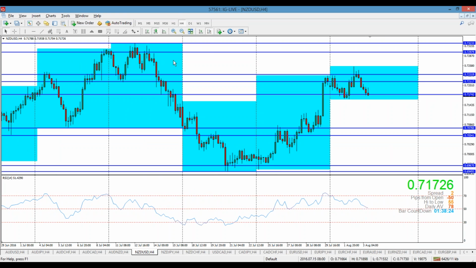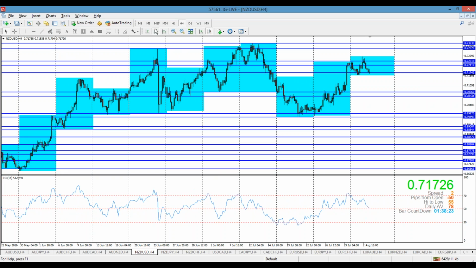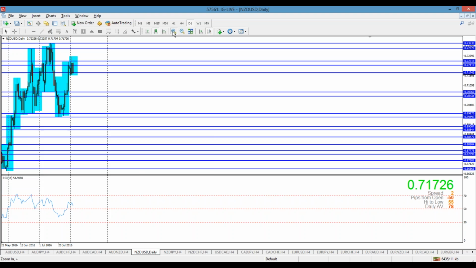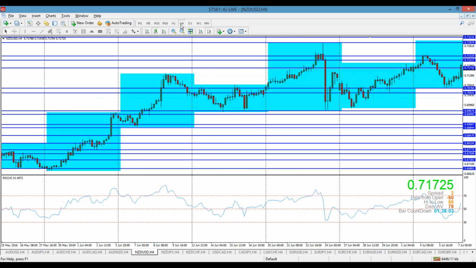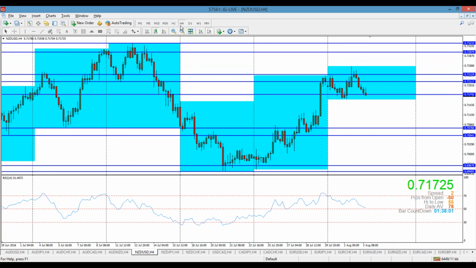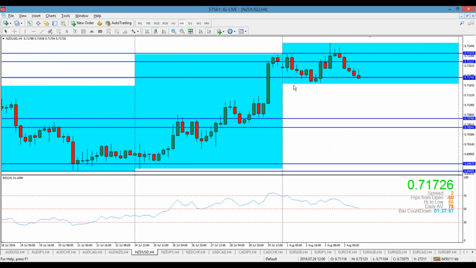What would I be looking for? Okay, so let's just take a look at what this guy has been doing. It's been going up. There's been a kind of double top here if you look at it on a daily time frame, and then there is a lower high being created. I would be saying that we might be in for a reversal at this point of time. I won't do anything until the end of this week, but guys, what you can see is that here there is a shoulder. Here is another head being formed. If this can create something like this,